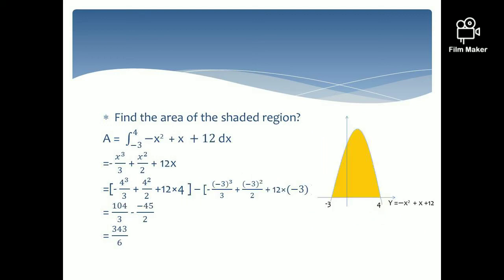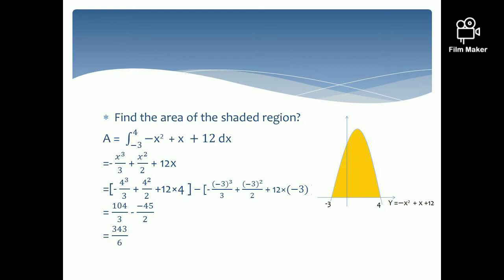In this example, we need to find the area enclosed by the x-axis and the curve y equals minus x squared plus x plus 12, and the boundaries are minus 3 to 4. Therefore, you have to integrate the curve from minus 3 to 4. Always when you write these boundaries, make sure to write the higher value at the upper boundary and the lower value at